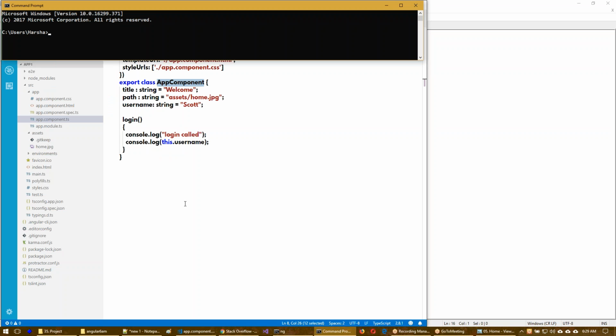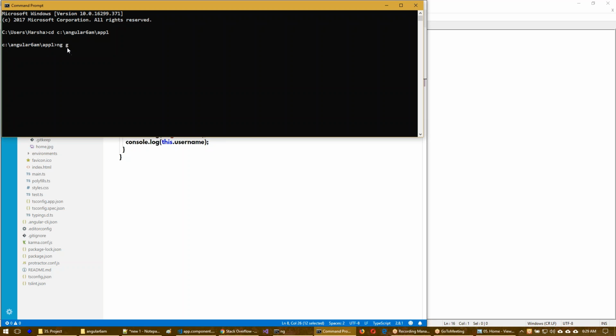So take one command prompt, cd, very important, cd that particular folder like SQL and Angular 6 in app1. So once you make sure that particular folder is located, then the command would be ng g, g for generating. We are trying to generate a component. What is the name of the component? Home component we are trying to generate.